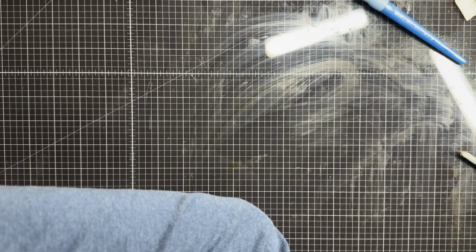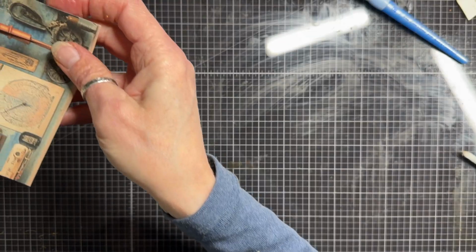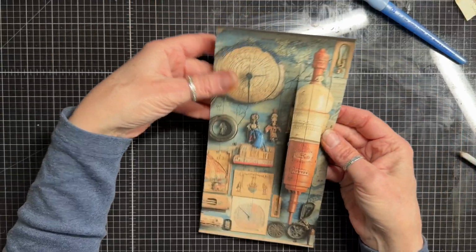I've got it prepped and ready to go. So this one is sort of a paper weaving. Let's see, is this dry? Yeah, it's dry. So what I did is, this is just a piece of the paper from the kit that